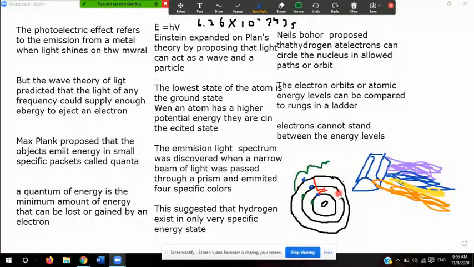So this was a very important theory that helped further develop and understand the modern atomic model as we know it